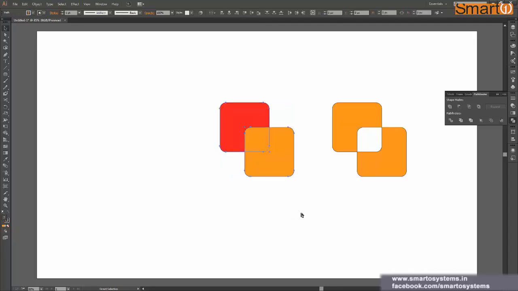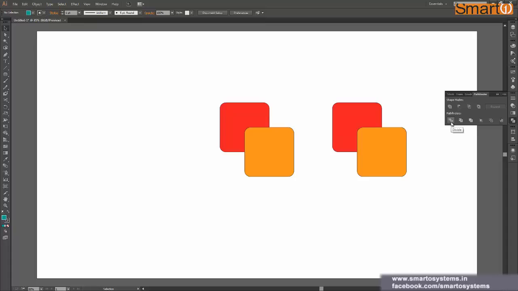Okay, so let's undo them again, and here we have a few more operations. Now we are not going to check all of them because by this time you would have imagined that we can perform all this by ourselves. But I'm going to show you a few of these which are a kind of eye opener, which help you realize how powerful the Shape Builder tool can be.